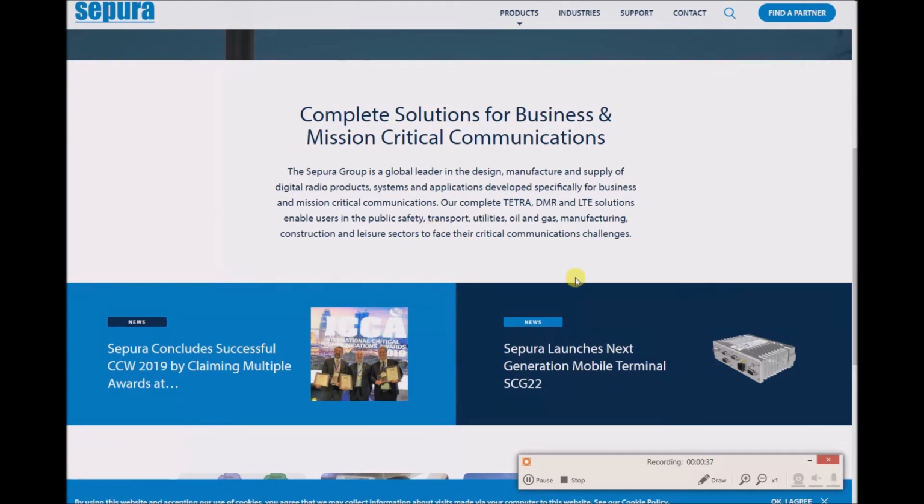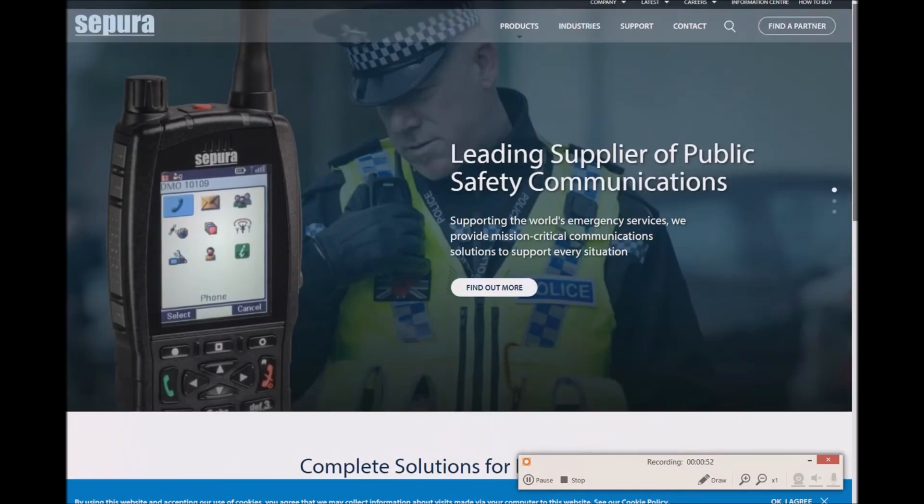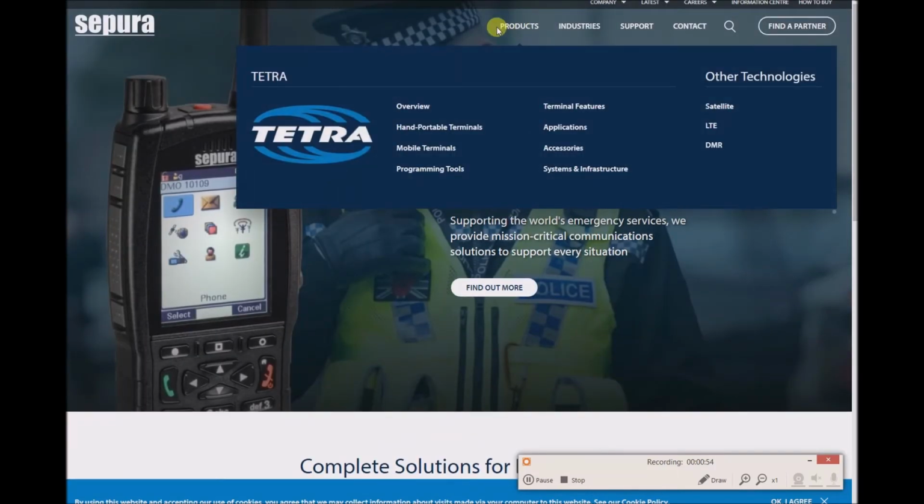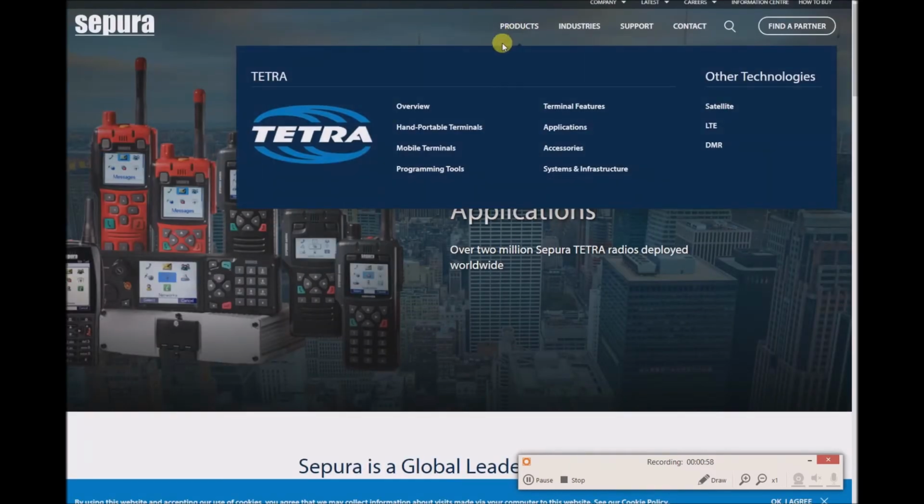If you look this company up on Wikipedia, it actually has a separate article devoted to Sapura, and it's a very old company according to the history, and it goes back to the 1890s in Cambridge. And I'm not going to retell the history, but I am interested in seeing the products. How do they break this down?